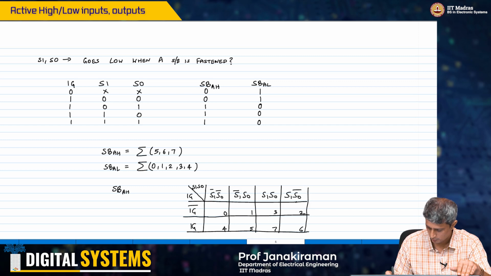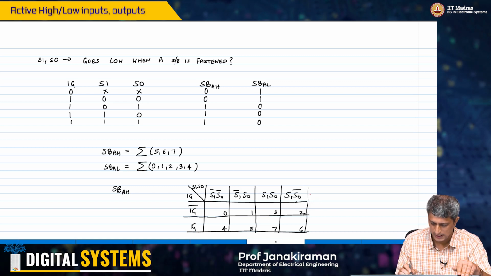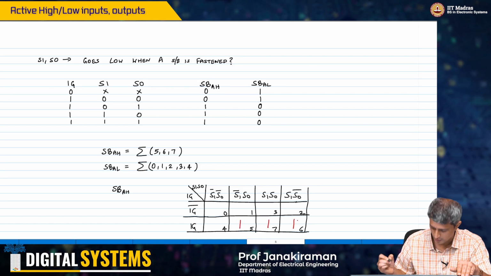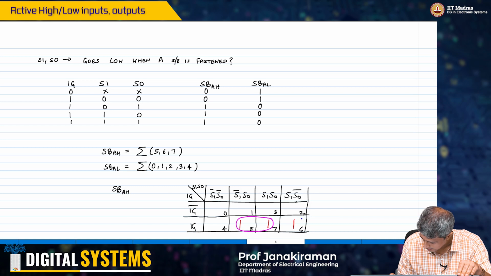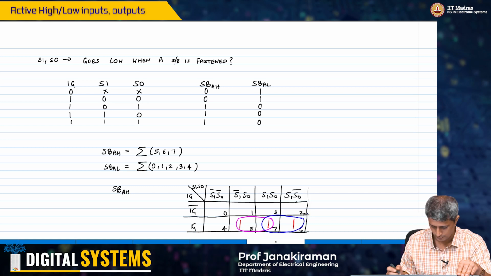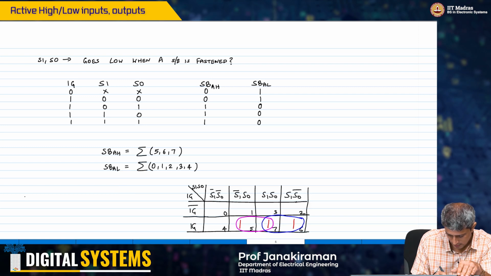Okay. So what we have here for SBAH is we have 5, 6 and 7. Okay, and therefore this I can group like this, right? And SBAH, let's see,